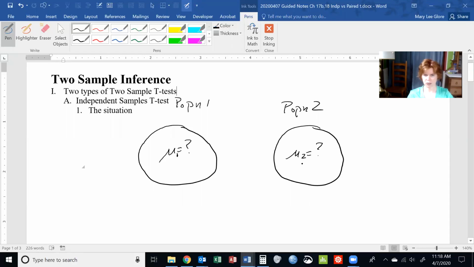So in two sample inference, it's not so much that I want to know what the mean of this population is, but I want to know how different mu 1 is from mu 2, all right? So the inference that we're going to do is going to be on the difference between these two. All right, so for an example,